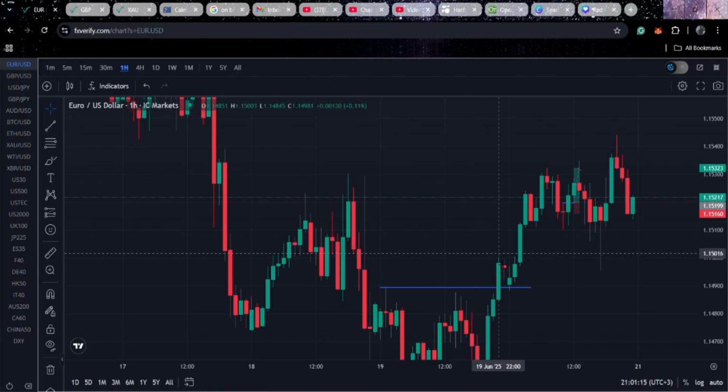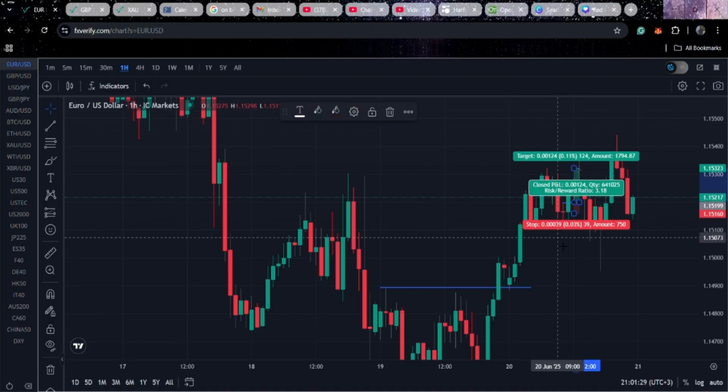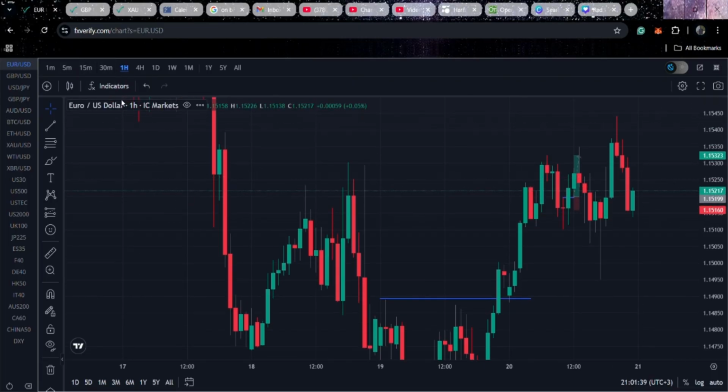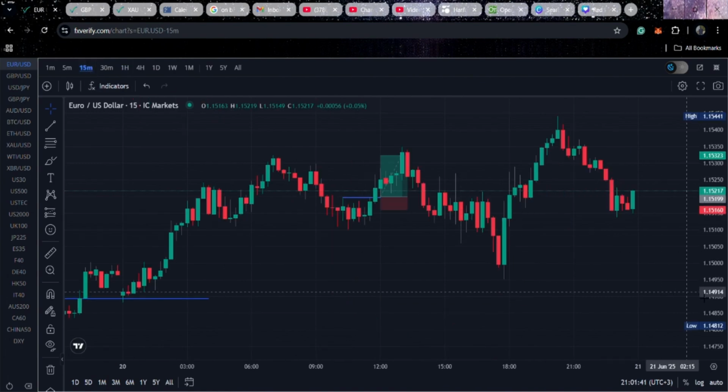As you can see, the market opened and just shot up to this high here, and this was the last candle that took out that high, and there was a nice minor retracement here, of which I had a very nice trade that I will be showing you in a minute. So let us dive into the 15-minute time frame so that I can show you how I took the